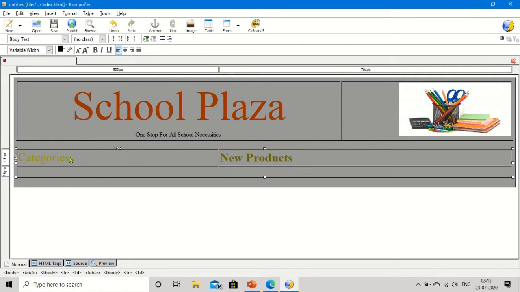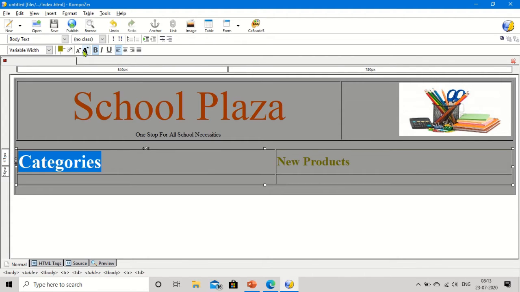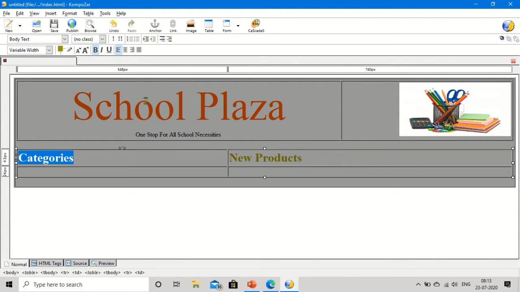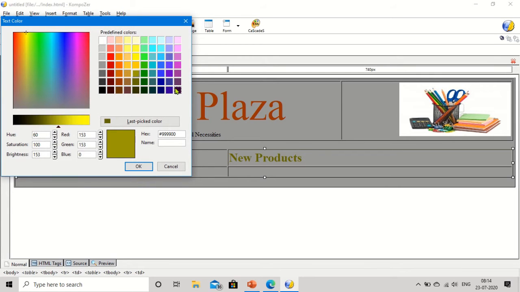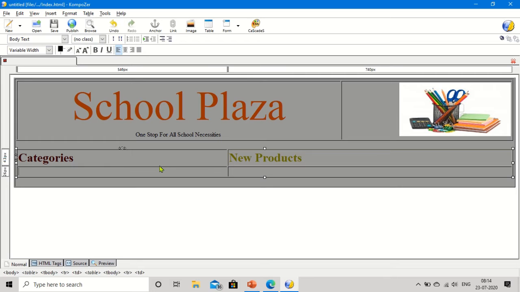Similarly, you can do this one also. Make it bold, make it bigger one. Okay. Color is not visible, so let me change to some another color so that it can be more clear. So the color which you are choosing, make sure that that color should be visible. Okay, so you can see here.